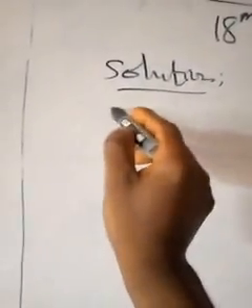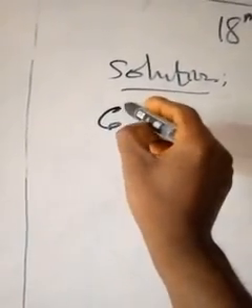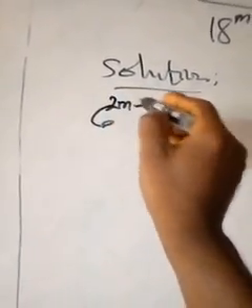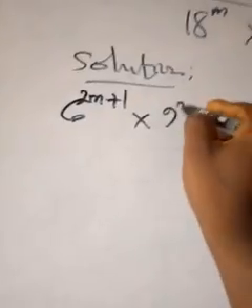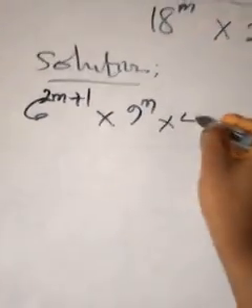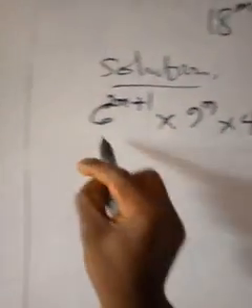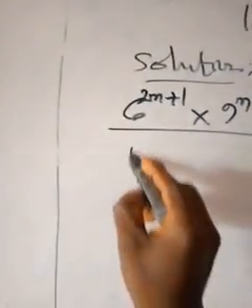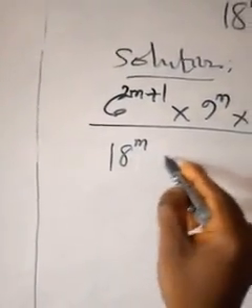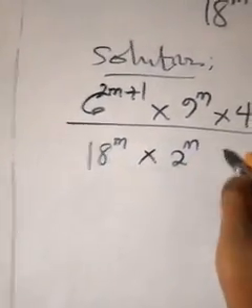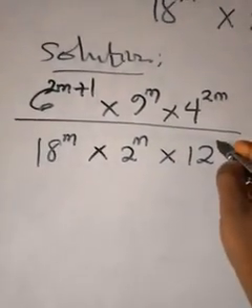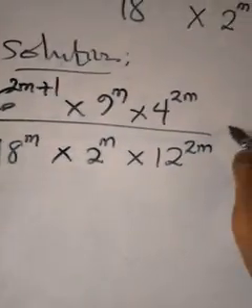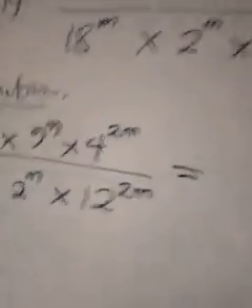We have 6 raised to the power 2m plus 1 times 9 raised to the power m multiplied by 4 raised to the power 2m, divided by 18 raised to the power m times 2 raised to the power m times 12 raised to the power 2m. Now, this will give us this. We are going to start